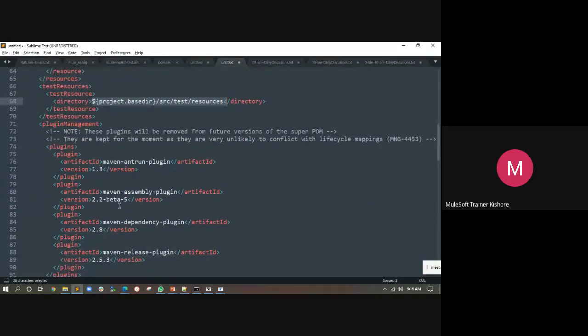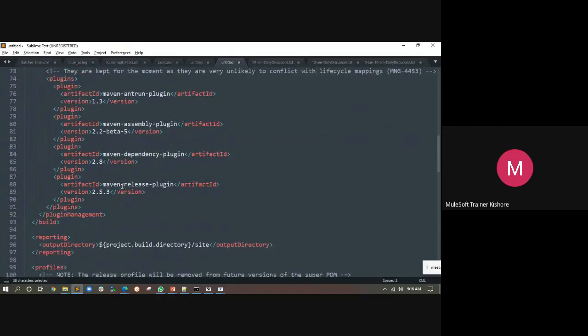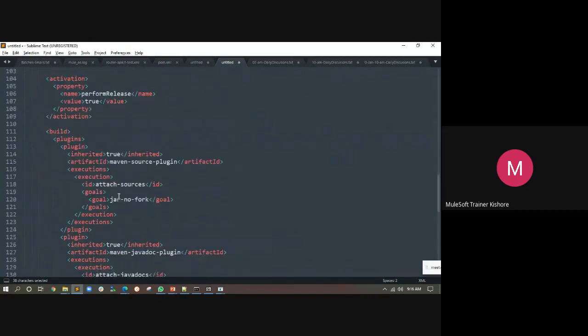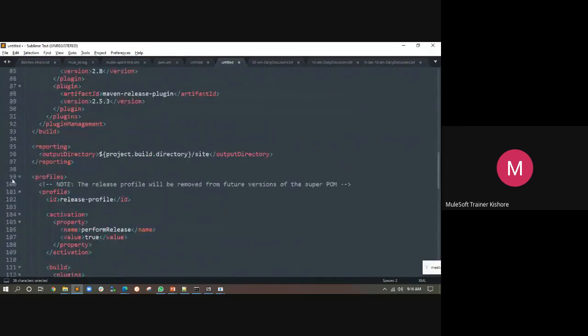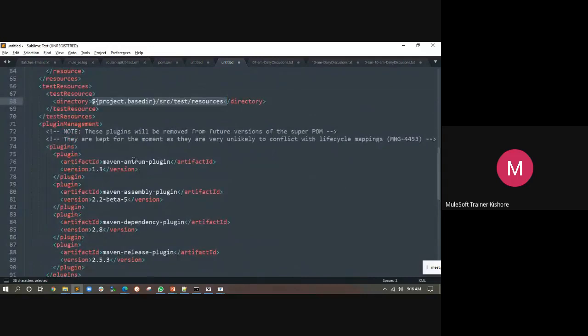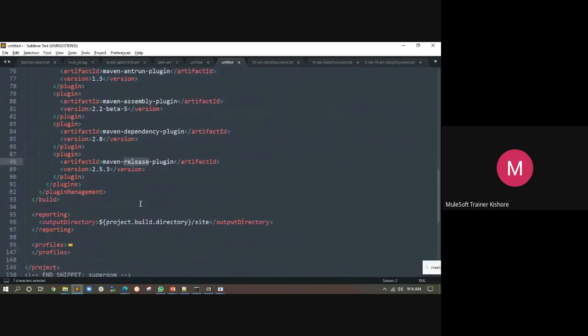What about your plugins, your compile, your build management, your dependency? Where is all this information stored? These are the default plugins, and in these plugins you are getting your required things.